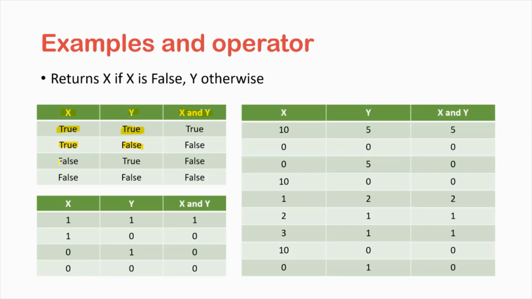In the third, here also you can see that the first one is false and the second one is true. So what will it return? It will return false. Why? Because here also we can see that AND always executes true only if both the values are true. If any of the values is false, it will always return a false value. So false and false will always be false.